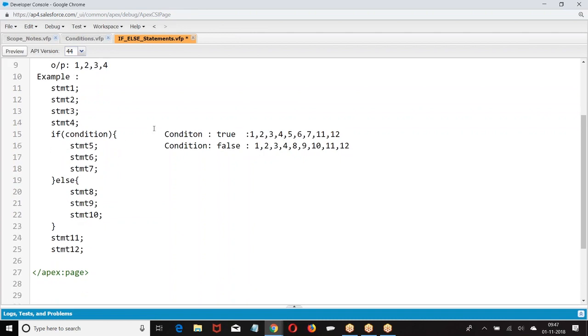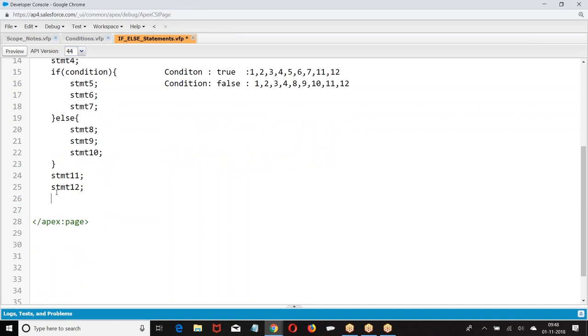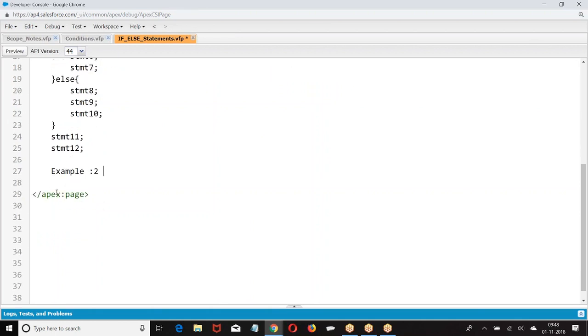Are you clear? Okay. Let me take one more example. Before we go for use cases, let us take the structure. If we follow the structure, which will execute and which will not execute, then we can write our program. First, let us understand which will execute when.